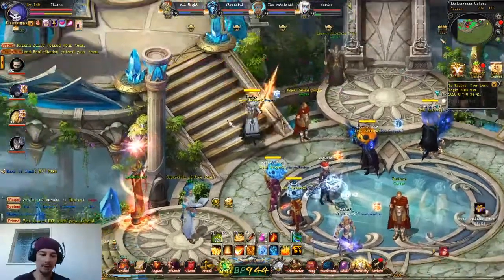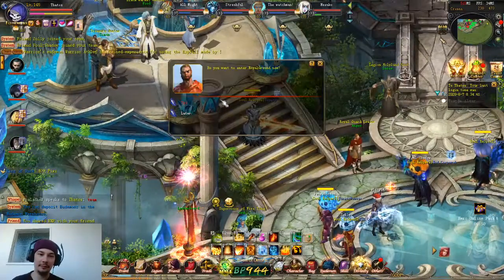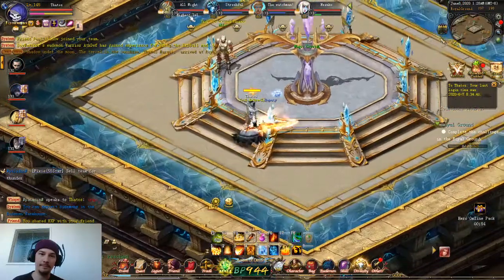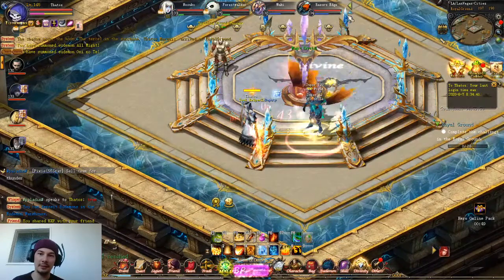Okay, so the quickest one is definitely Royal Ground, in my opinion. So you invite your team, you get your main damage dealer, Eudemons out. For me, that is a wad and 2